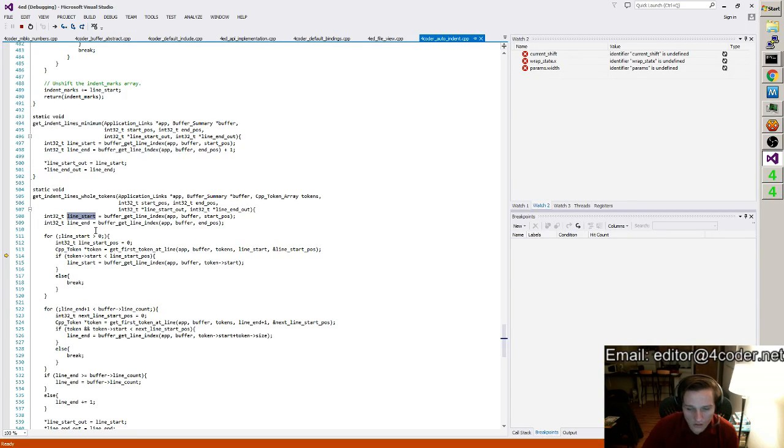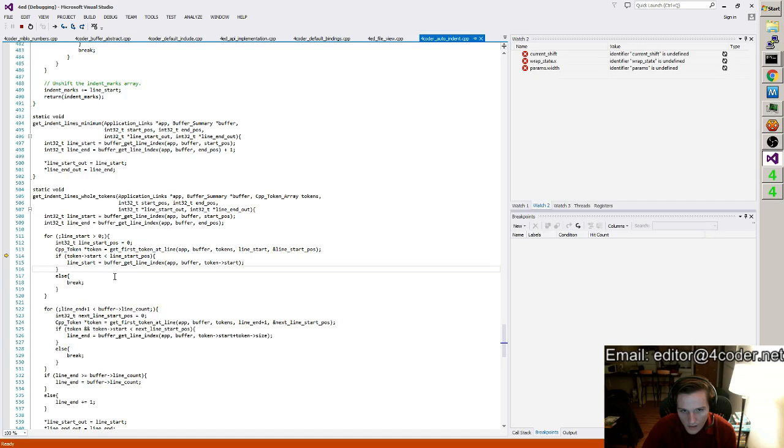That should be start line, not line start. I always have a hard time reading my old code because I didn't try and name these things in a way that I'd be able to understand back then. But line start does not mean the beginning of the line. It means which line, what was the starting line. Yes, this is where it actually is positioned, and then I try to get the first token of the line